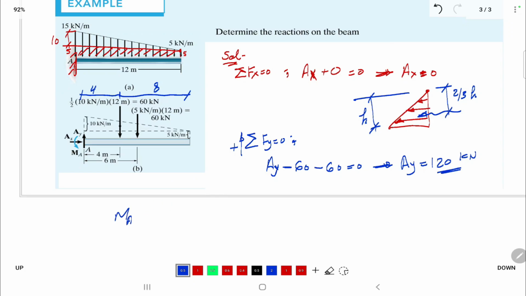Okay. Now calculating M sub A. M sub A may be calculated from the moment about point A equal to 0. So taking all the moments about point A equal to 0, this will give